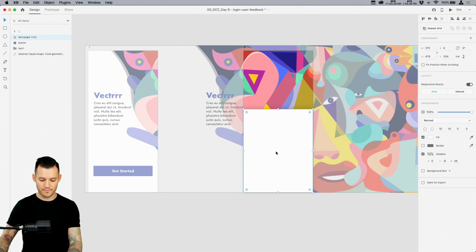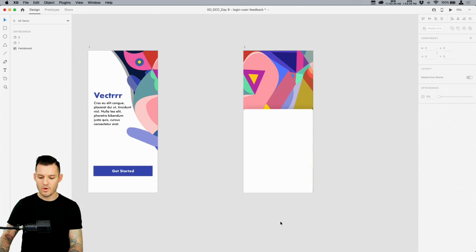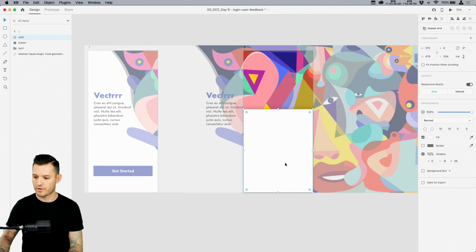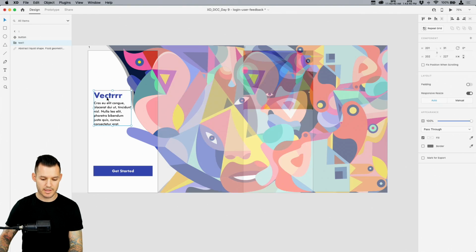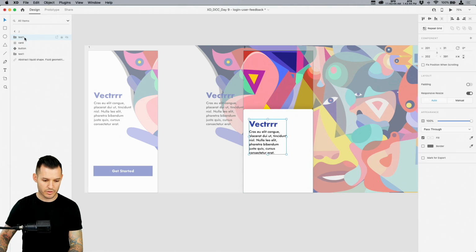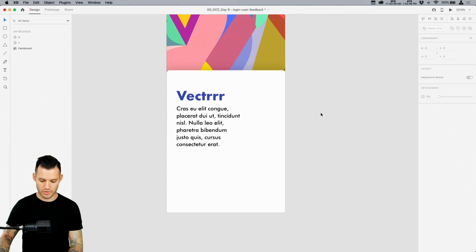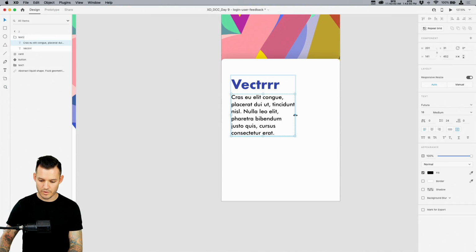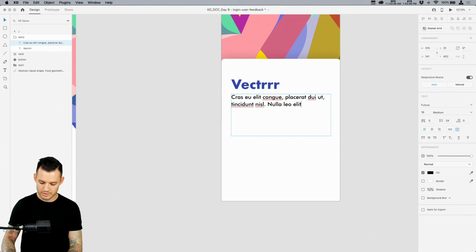So we're gonna move over and let's call this our card. Okay, what else is gonna go on this card? I think what needs to go on the card is probably some more text. So let's take our text 1 and duplicate it over. We're gonna call this text 2, and make sure it has everything inside that we need. So probably a smaller kind of message inside.